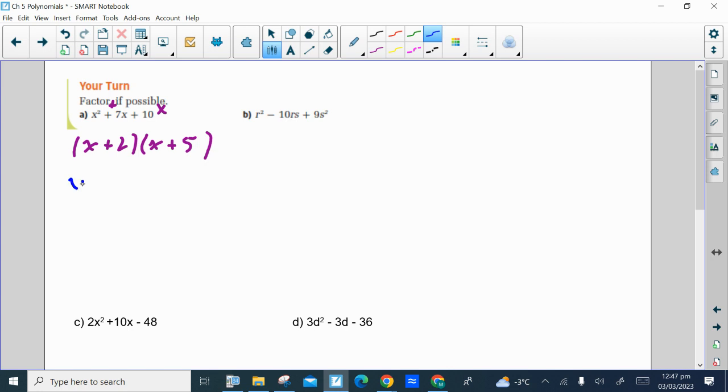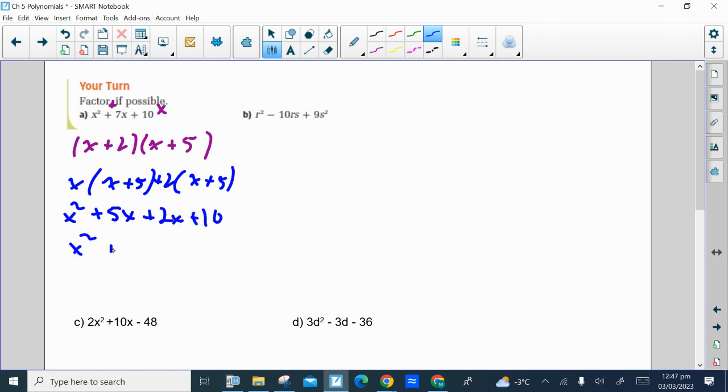We're going to multiply to check. If those are the factors, they will multiply to get the original trinomial. So x times x is x squared. We're going to have a 5x, we're going to have a 2x, and we're going to have a 10. 5x and 2x add together to get 7x. That's the original trinomial. So we've just shown that our factors are correct. They do multiply together to get what we started